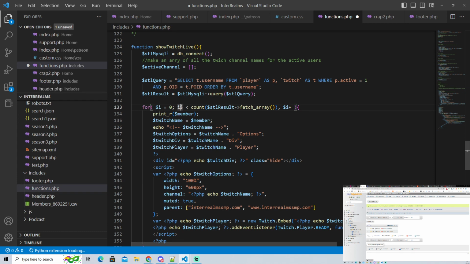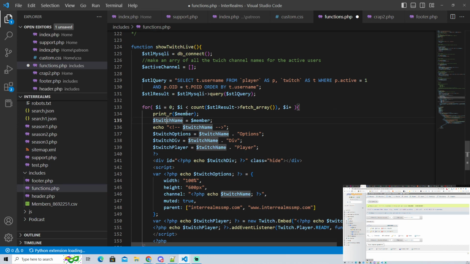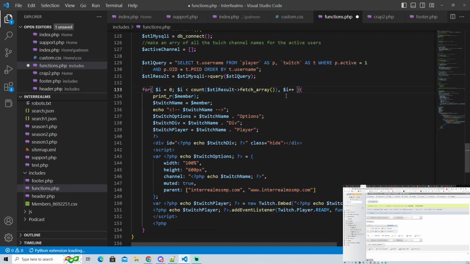And we're going to go from i to strictly i being less than the count of how many things are in this array. How many rows. Again, I don't know how many rows there are. There could be 1,700. I don't care. I want this to do it. Oh, and I missed a plus. And then every single time you go through this thing inside this curly bracket, I want it to increase by 1. Okay, so what does this do then?